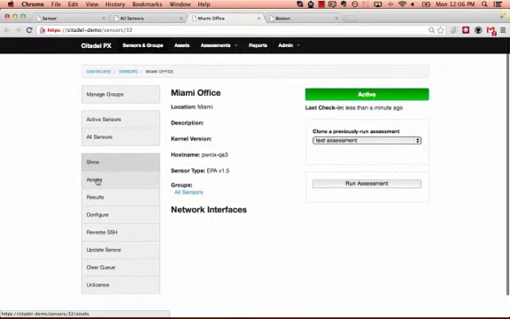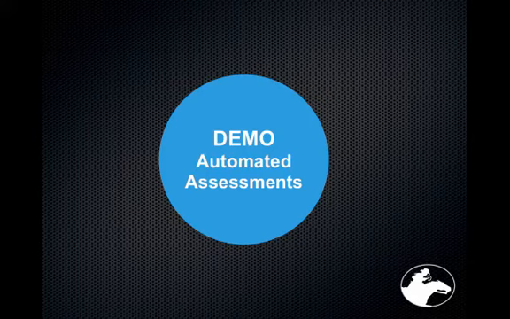We can also take a look at the assets that belong to this sensor. We won't see those until we kick off an automated assessment. We can take a look at the results. We can run an update on the sensor. We can clear out any automation that needs to be run on it, or we can unlicense it from this page. Okay, now that we have the sensor configured in the console, let's go ahead and run an automated